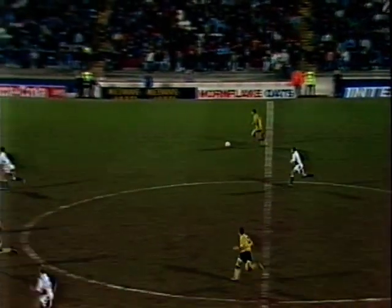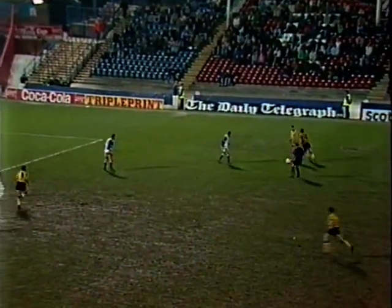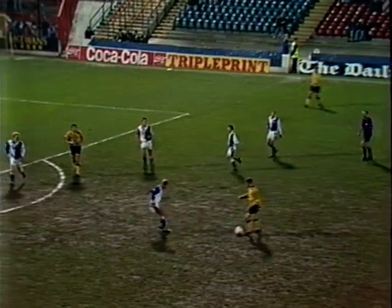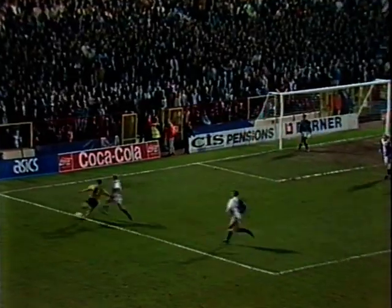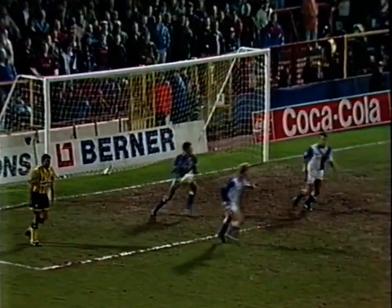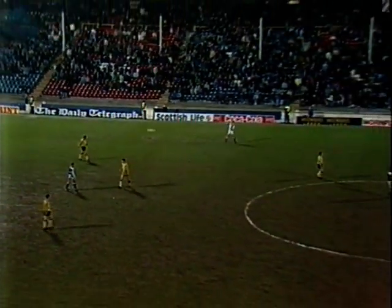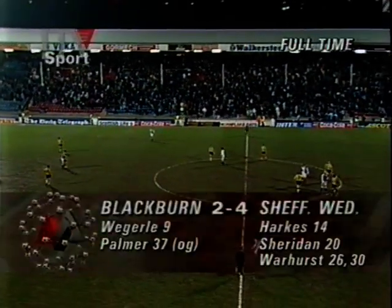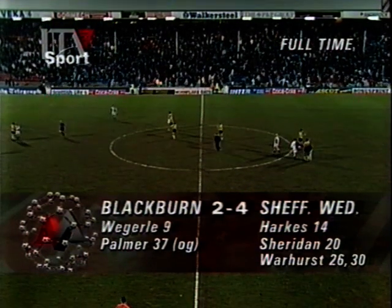But it's Sheffield Wednesday who break dangerously again with Waddle. Warhurst and Jemson in support. And Sheridan arrives. Holds it up cleverly for Harkes. Well, that wasn't a bad cross. Mimms dealt with it very capably. And that's it. It's all over. This dramatic first leg at Ewood Park has ended. Blackburn Rovers 2, Sheffield Wednesday 4. Sheffield Wednesday will think they're almost there, but Blackburn have done enough and shown enough danger to prove that the second leg...